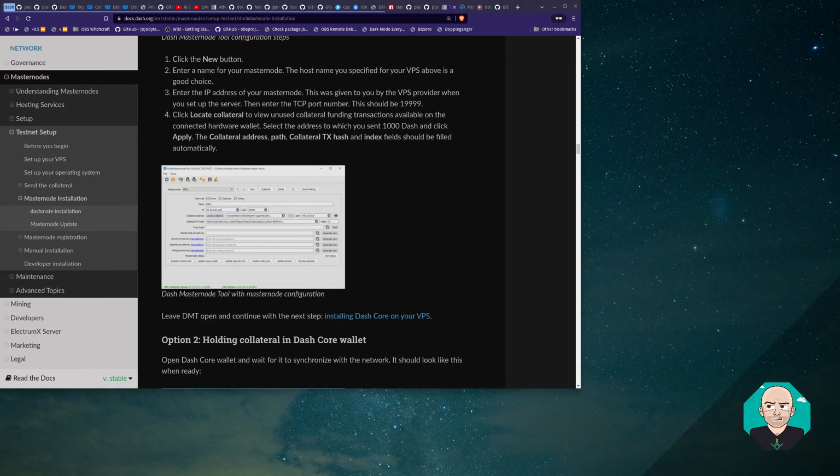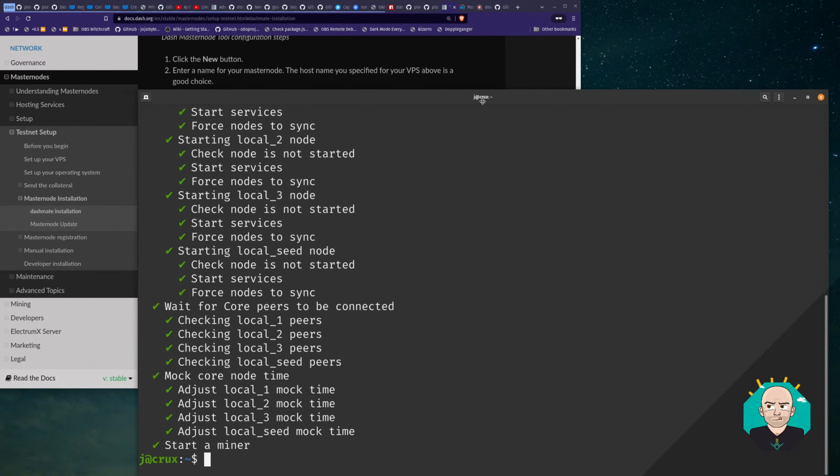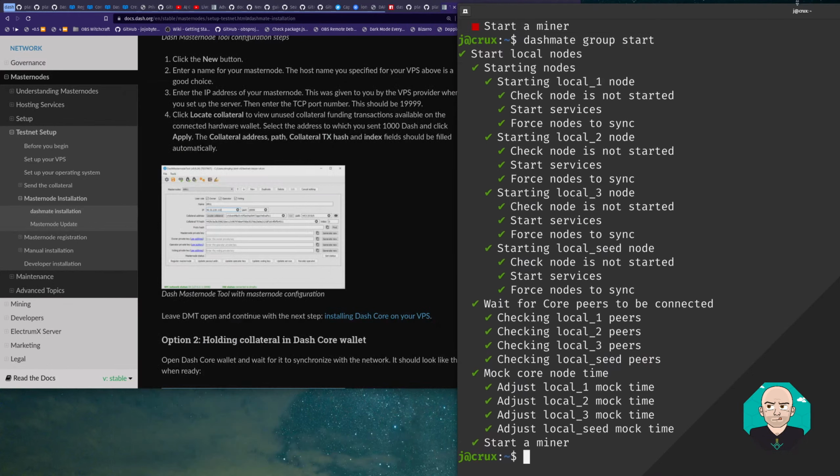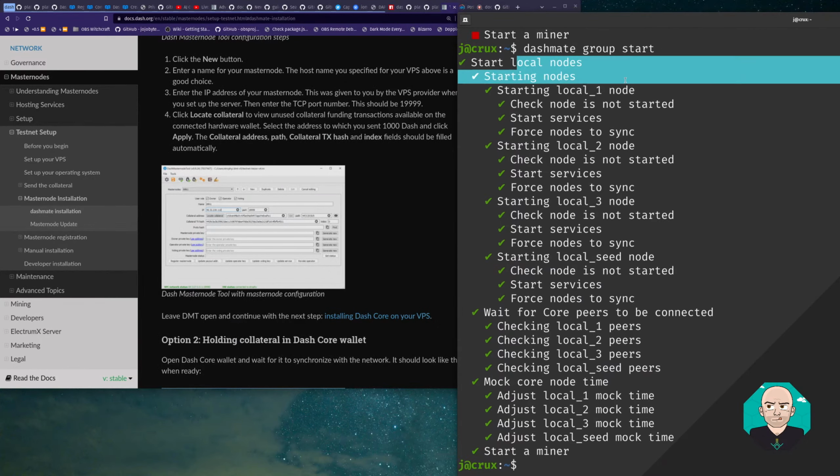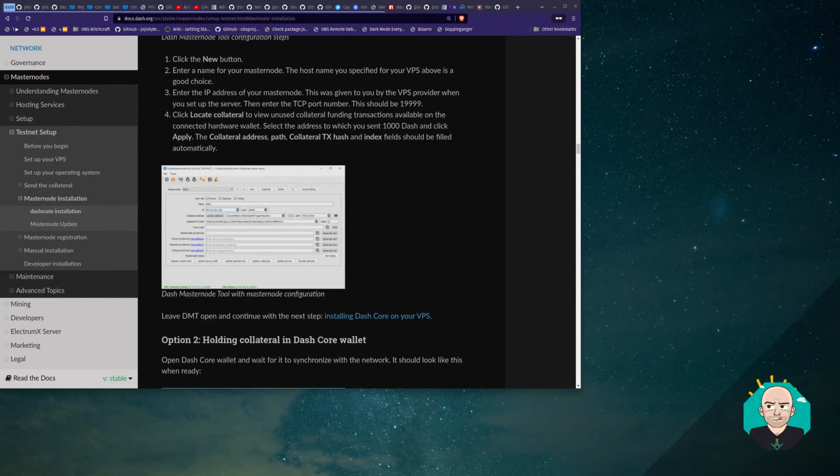All right, and it started. So that's what I'm seeing right now. So started local nodes, all of that kind of stuff. And so where I was running into problems after getting this far, where so many of the other problems had been resolved,